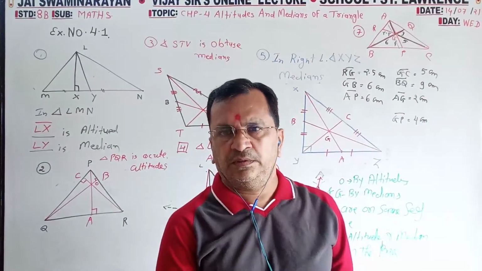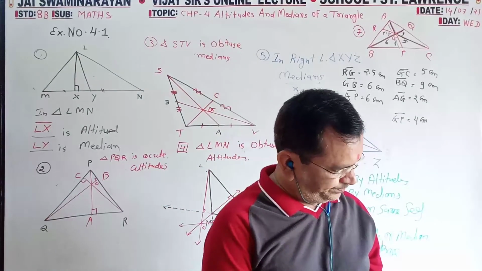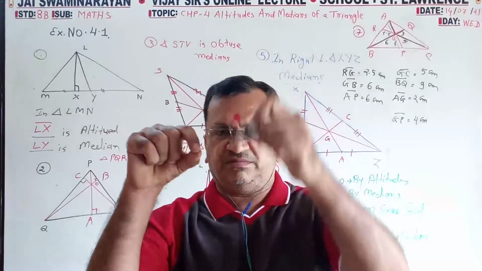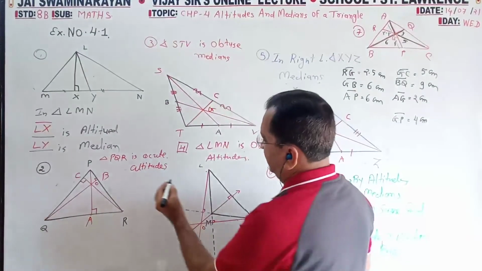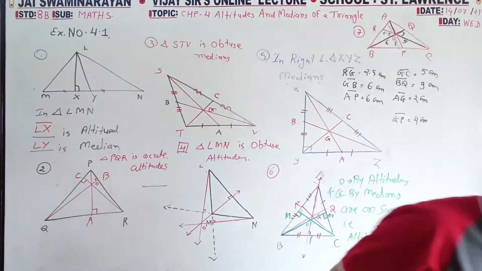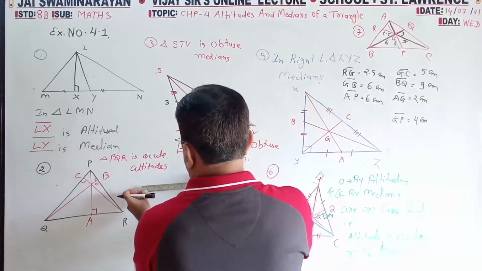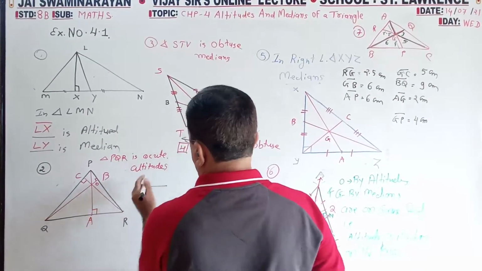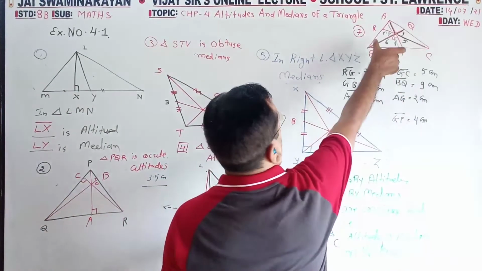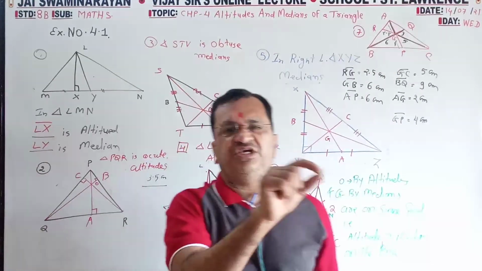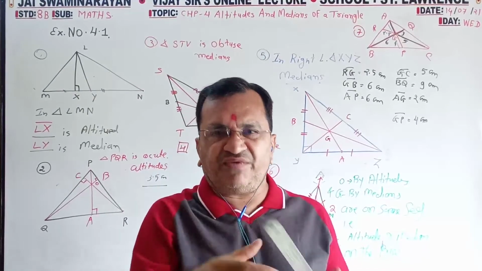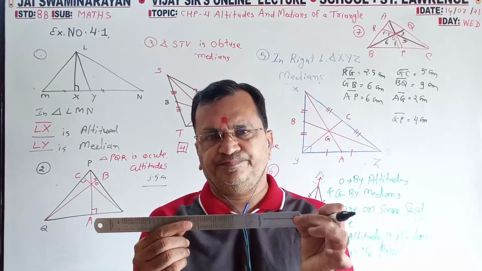So here you have to write only the answer. With the scale you have to measure. You know how to measure the segment. If it is like this much, no, point to point, with the scale I will measure this. It is 3.5 centimeter. Like that, whatever they have asked, you just put a scale, dot to dot. AG, from A to G find out. CG, from C to G find out. BC, from B to C find out with the scale. Follow?